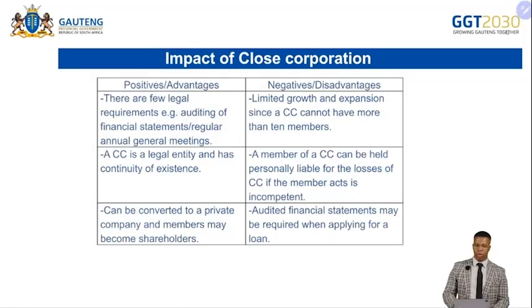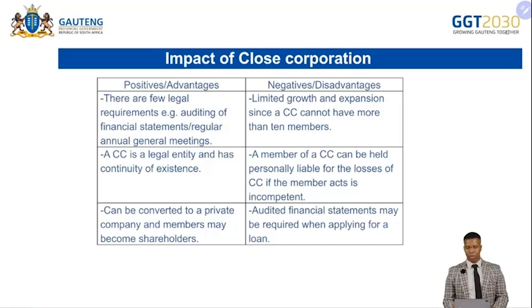Then, when we look into the positives and negatives, there are few legal requirements, e.g., auditing of financial statements or regular annual general meetings. They are not necessarily needed. And then another positive is that a close corporation is a legal entity and has continuity of existence. So when a form of ownership is considered to be a legal entity, it is basically taken as a human being, and we are saying with that they can pay their own tax as well, meaning the business will pay its own tax, and then it can be converted to a private company